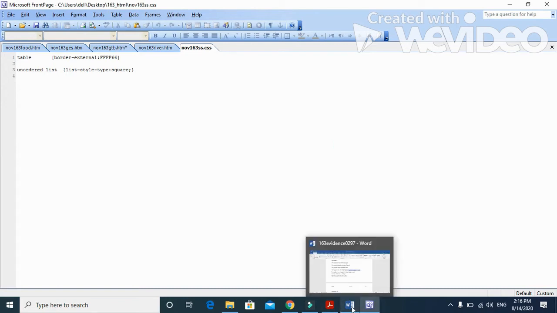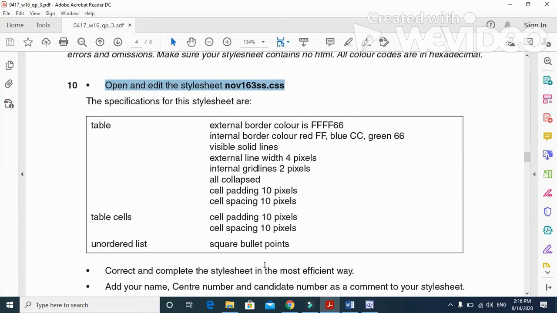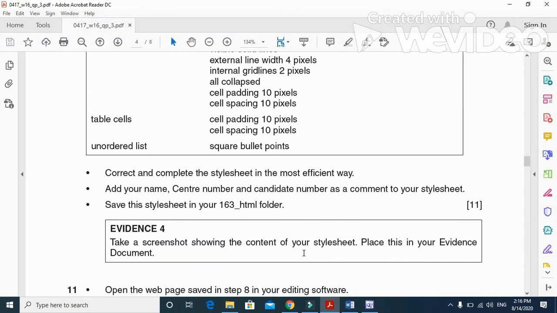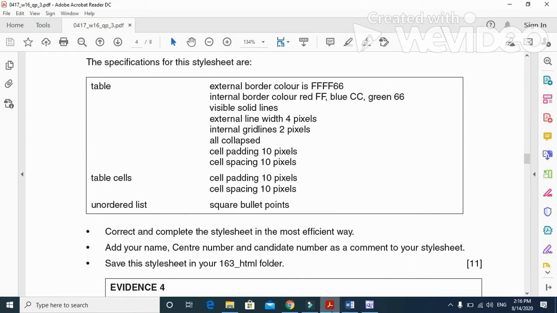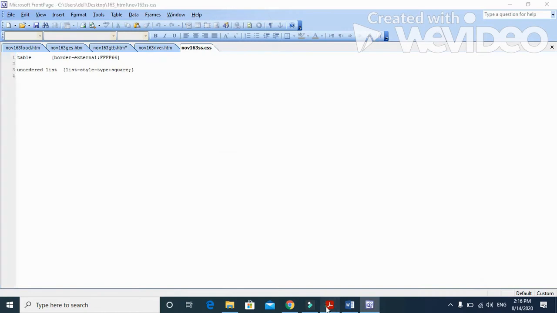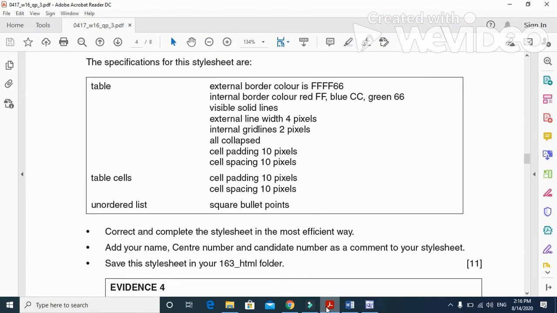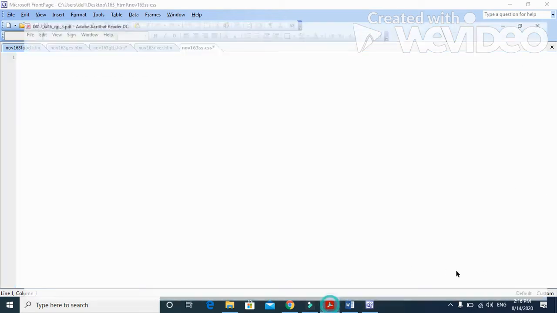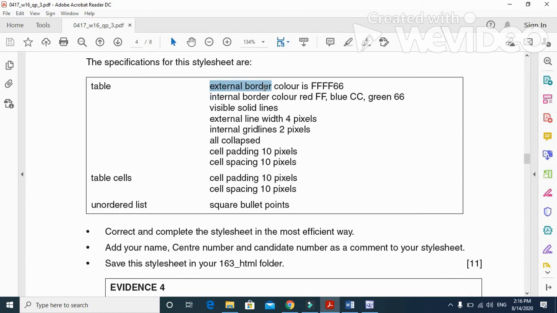So what we are going to do here, we are going to make some changes. Whatever they have written here, we just remove it. Only they have mentioned here a table, border, external they have mentioned. So we are going to remove all of whatever they have written here, and then we are going to have our own information here. So first of all, what I am going to do is, if you can see here, external and